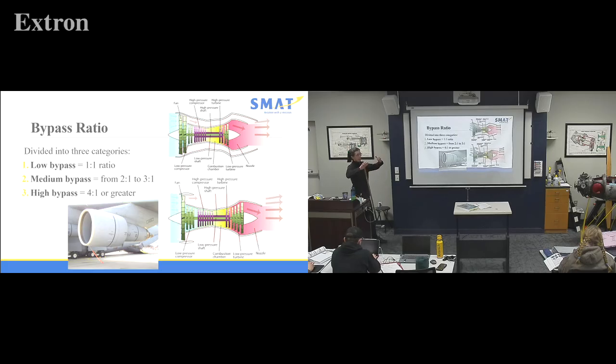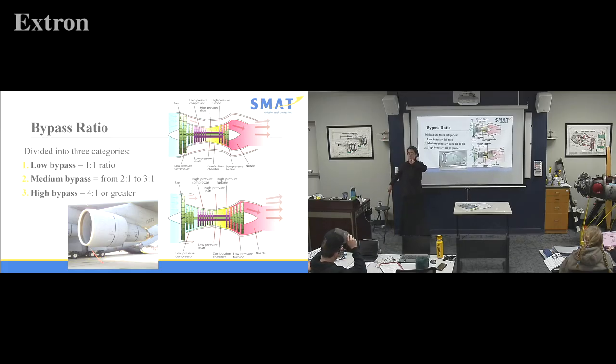Then as our fan gets bigger and more air is bypassing, now we have 2 parts going around compared to every 1 part, or up to 3-to-1. And then our massive high bypass, like 747, massive engines, can be 4-to-1 or even higher, where we have 4 times the amount of air going around the engine compared to air going through the core. And you can see on here,